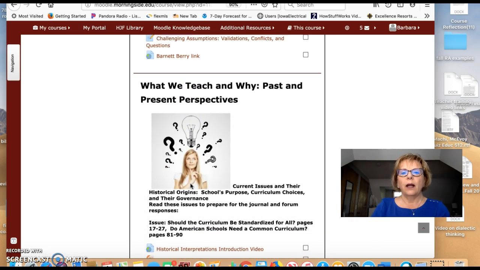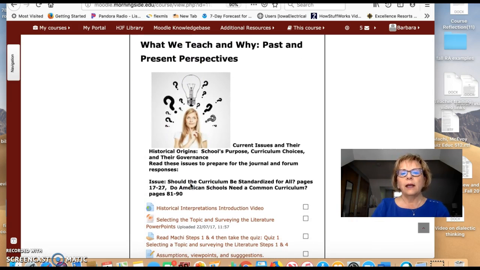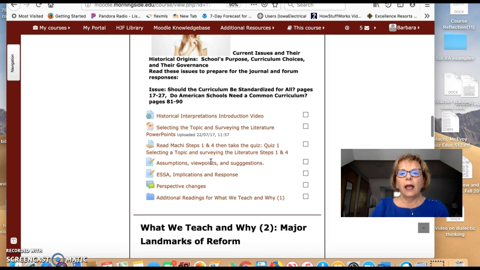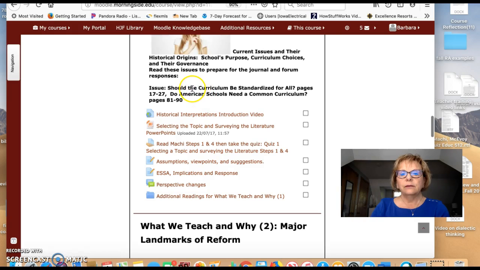The next section is the theme, what we teach and why, past and present perspectives. So here you'll see that it'll tell you which articles from the text you're going to read, and the name of the issue, the title of the issues that you'll read, and then again, there's a video, another slide, a PowerPoint, some more reading from the Mackay text as well as the quiz. So everything you need to do there is listed in that section, and then be sure to always go down